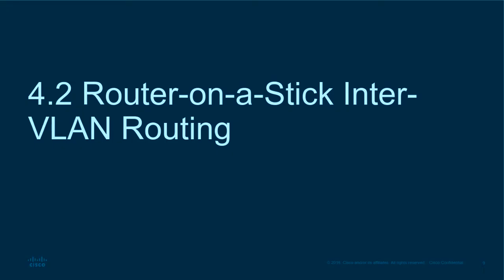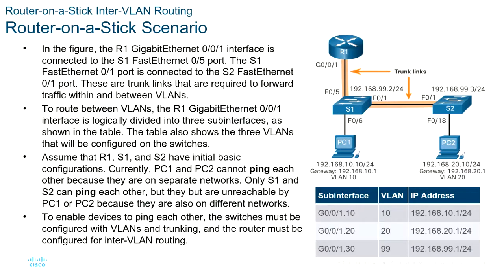So let's look at router on a stick. Here's the topology that's kind of similar to what we're going to do in the lab. I have already configured the trunking cable between switch 1 and switch 2. I've already configured the trunking cable between the switch and the router. I haven't done anything to the router yet, so it's staying red because the router port is still, by default,